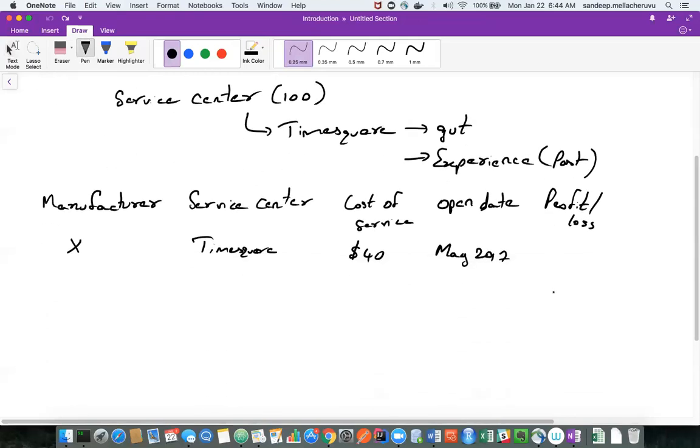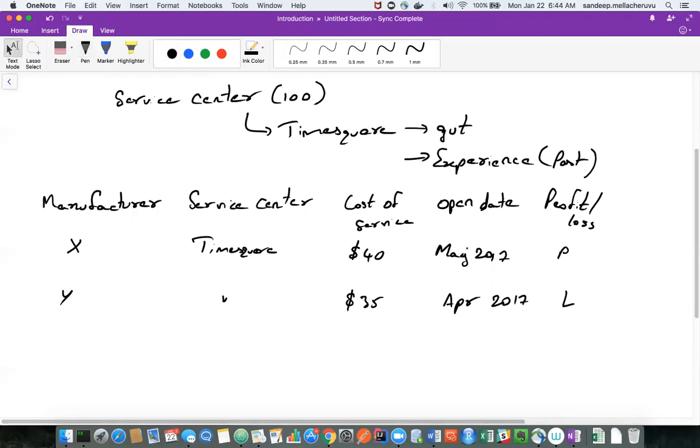Now there is a manufacturer Y, same Times Square. Let's say this one is giving service for $35, opened in April 2017, and there is a loss, let's say.